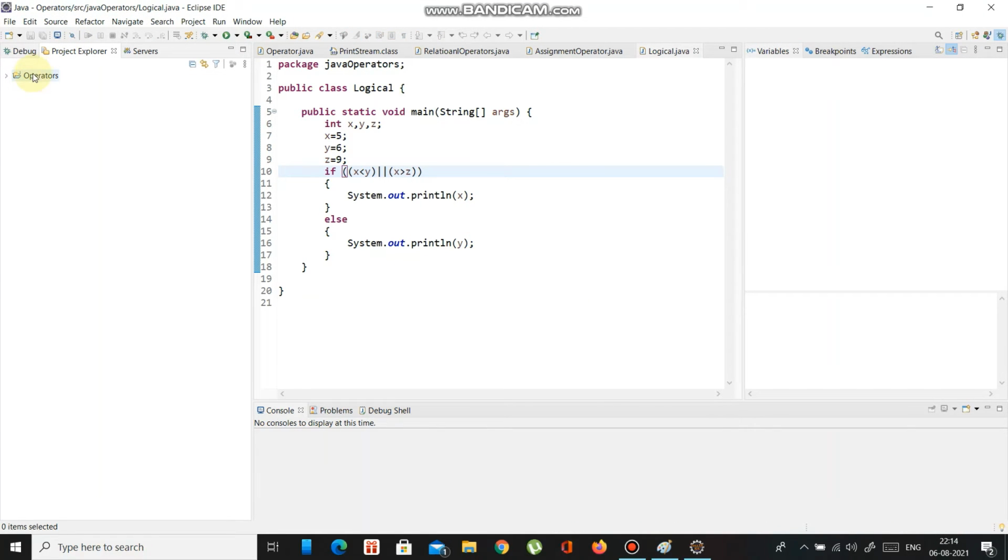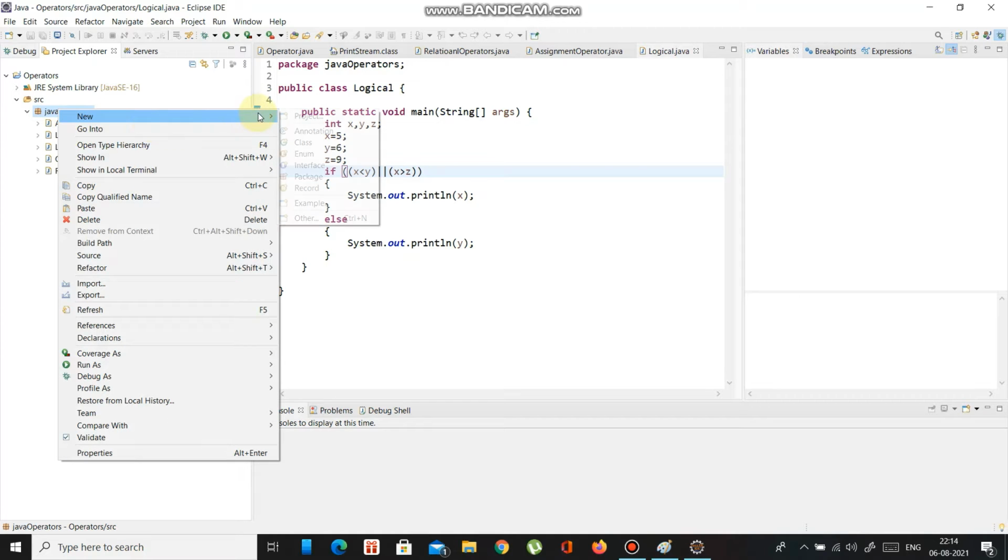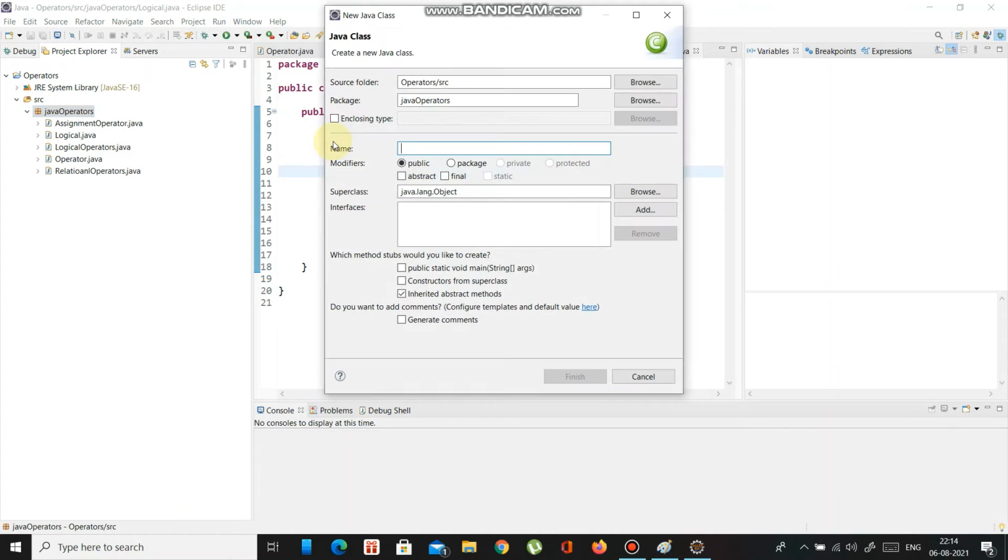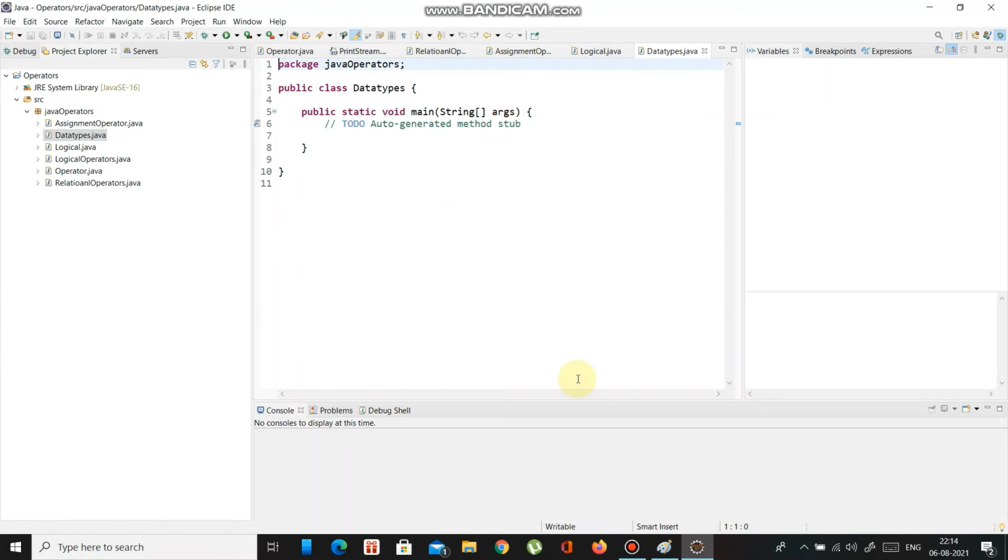So in Project Explorer, click on operators, SRC, Java operators, right click, new, class, and you should give a class name. I am giving data types, selecting public static void main, and clicking finish.